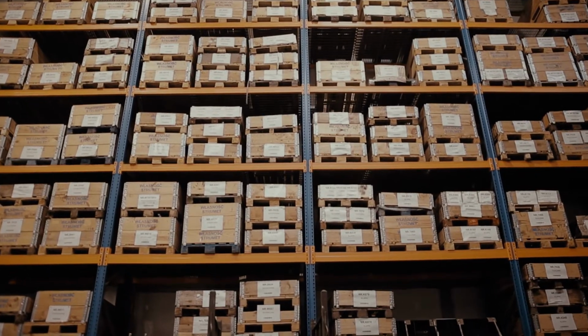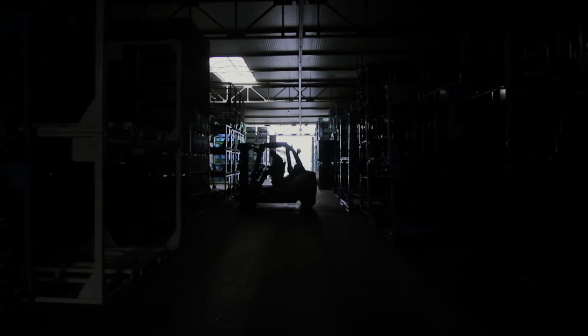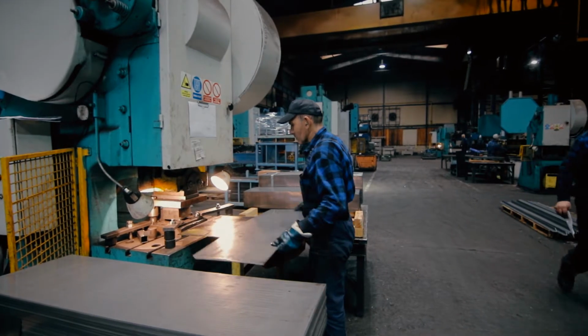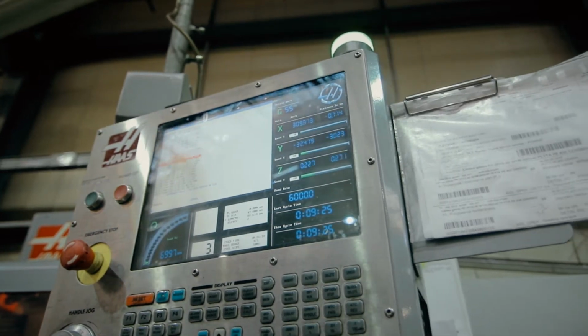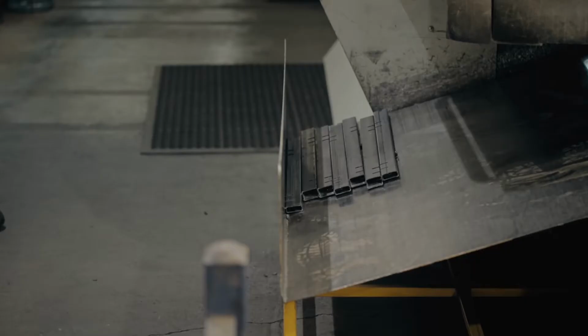Machining takes place in the cutting shop and in the CNC computer control department. The cutting shop is equipped with traditional machines such as saws, sheet metal guillotines, press brakes and eccentric presses. In the CNC department, there are 4 milling machine centers, a planer mill, a tube bending station, 3 automatic lathes, 7 laser plotters for cutting sheet metal, 3 machines for laser cutting of tubes and profiles, and 2 plasma plotters